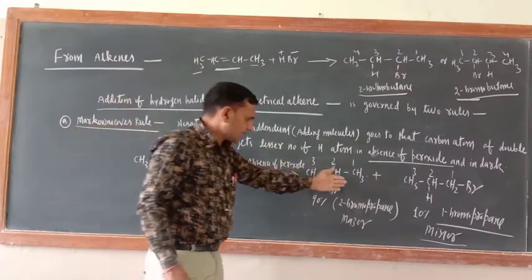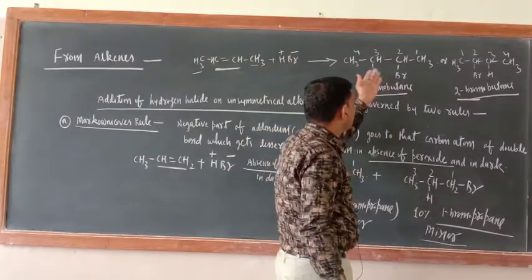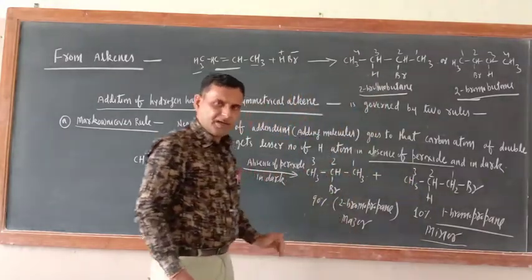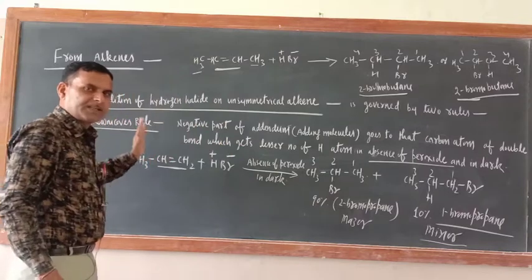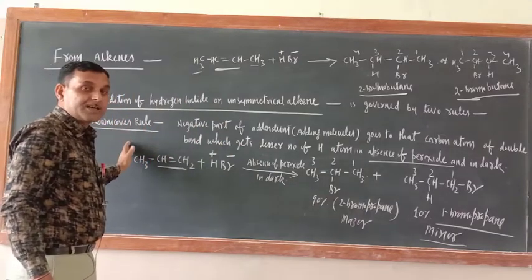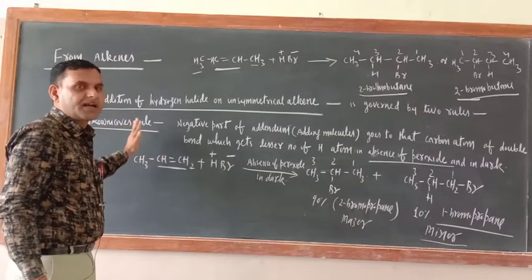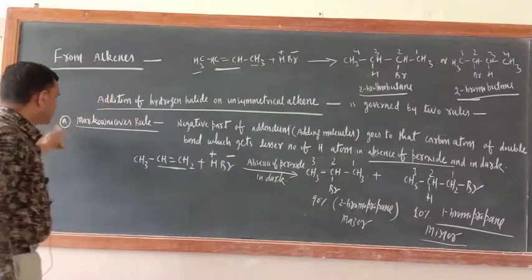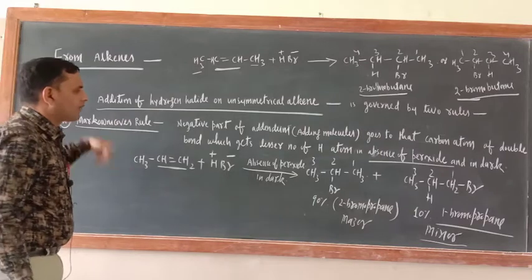But still they are the method of preparation of alkyl halide only. Okay. Just see, this is also alkyl halide. This is also alkyl halide. They are also alkyl halide. Okay. So we are in the methods of preparation of alkyl halide. Only the variation is there because of different conditions and rule. Okay, so now next one is anti-Markovnikov, opposite of this one.